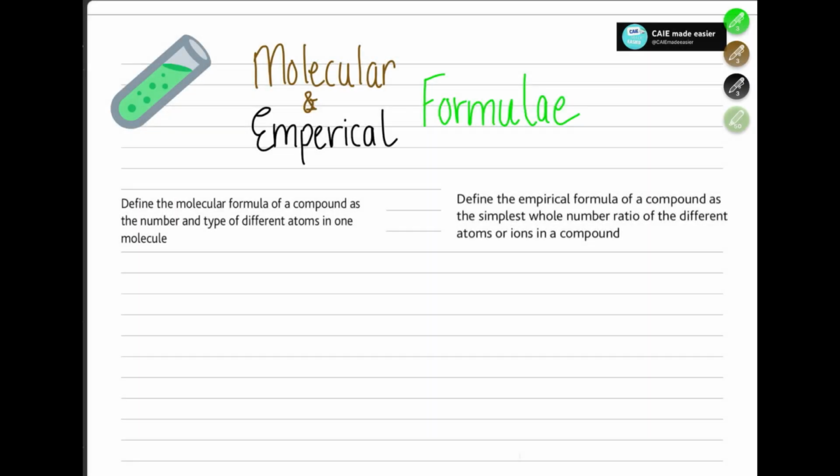Alright, so now we're going to discuss molecular and empirical formula. Before going on to the explanation, this is what the syllabus has told us about both of these formulas. Molecular formula of a compound is the number and type of different atoms in one molecule. In simpler words, molecular formula says the exact composition of a compound. For example, glucose is